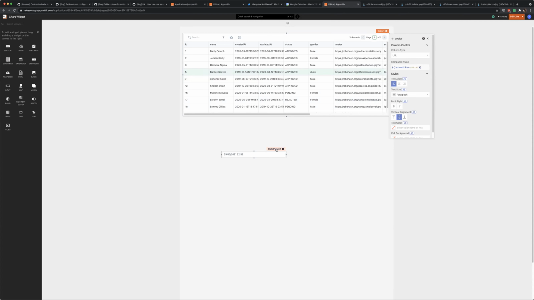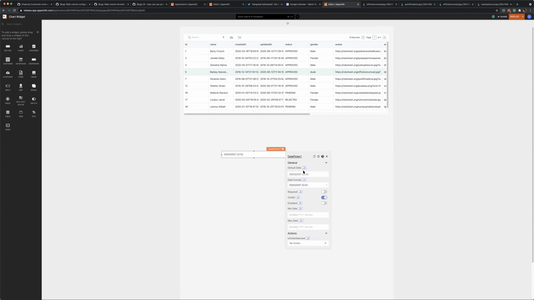Another small update is in the date picker, where we have more information on how the formats are shown. In this format, you can see the current time transformed into the format that you would expect to see.